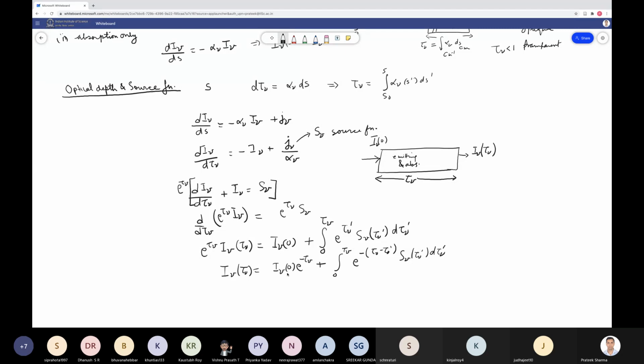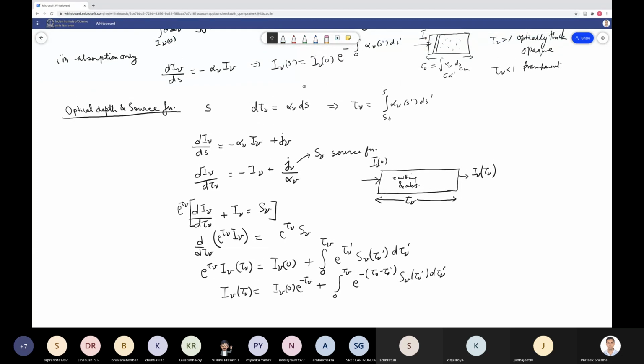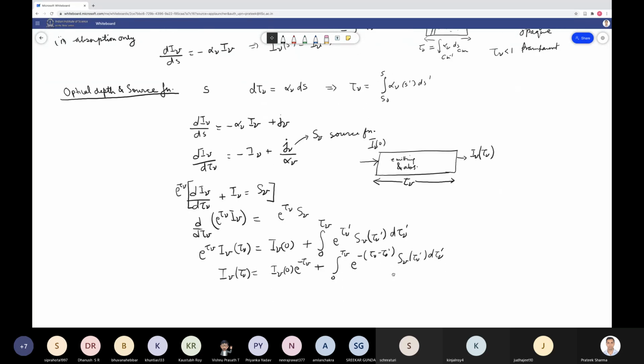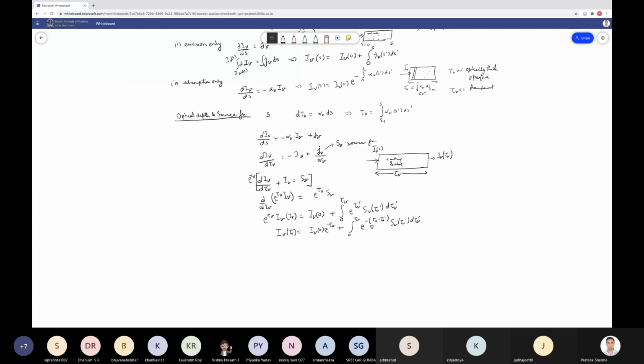The first term is nothing but I nu naught being exponentially attenuated, I nu naught e to the minus tau nu. This is the first term. The second term basically